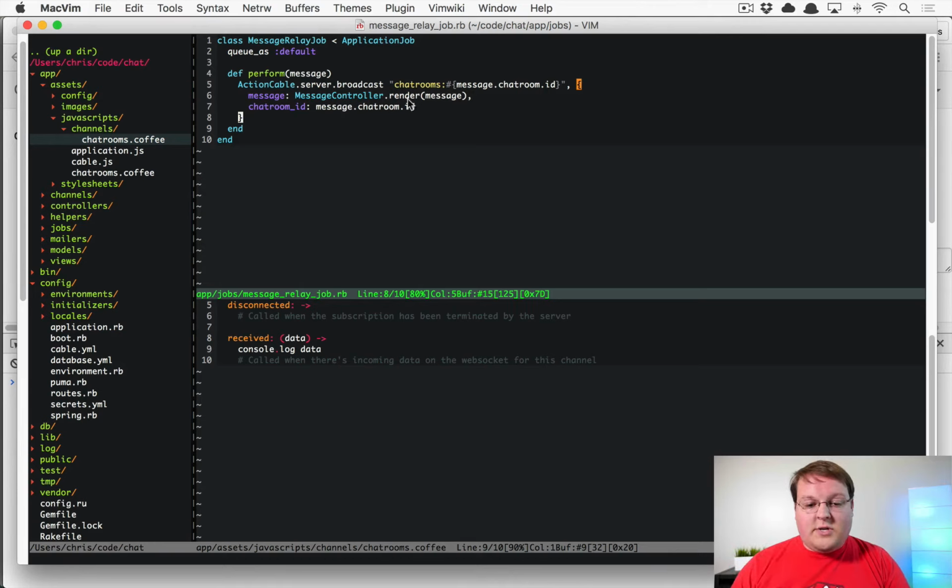Now, one of the unfortunate things is that all of those chat rooms are going to come across as that same channel. So that's going to need to pass in the chat room ID so we can filter that out client side. Even though server side we're going through a couple channels, it's all being wrapped up and pumped over to the browser in one channel, and we have to add in that extra data in order to send it over. The reason we separate this out server side is just because we can, and